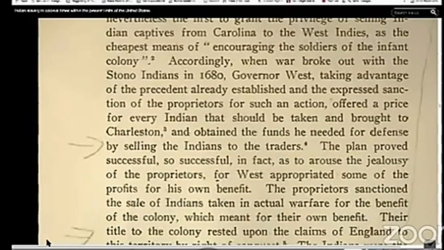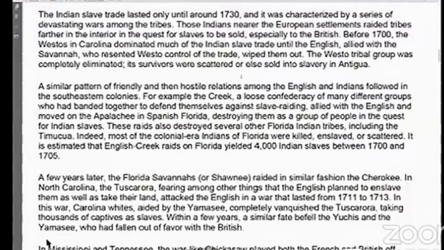Who were these traders? Again, we're in the article Slavery and Native Americans in British North America and the United States. And it says here, the Indian slave trade lasted only until around 1730, and it was characterized by a series of devastating wars among the tribes. Those Indians nearer the European settlements raided tribes farther in the interior in the quest for slaves to be sold,